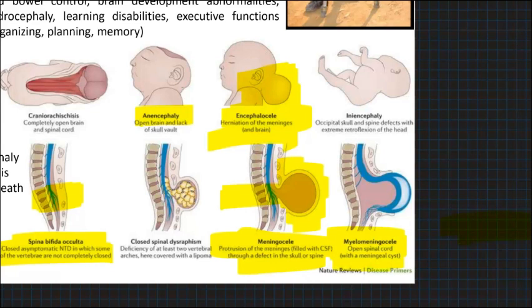myelomeningocele. So in these cases, you can see the spinal cord is open, it actually sticks out, and it is bent. So there is a protrusion of meninges and the spinal cord. That obviously is a much more severe condition potentially. It can lead to paralysis, loss of bladder and GI function. That's that. Okay? All right, so